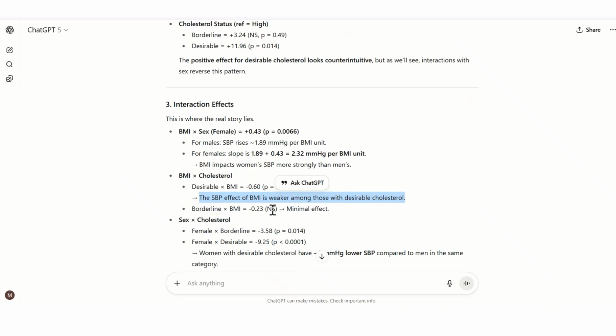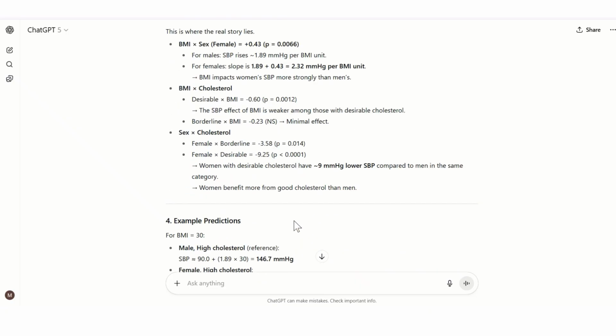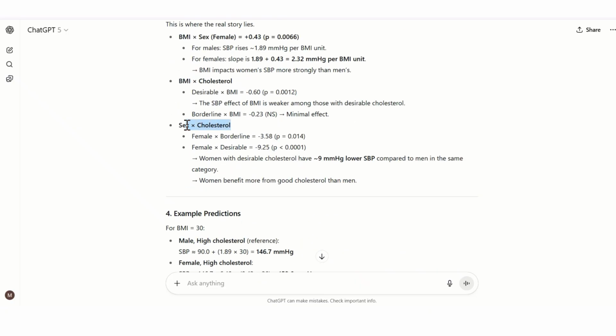Oh, that's awesome. Okay, and borderline, BMI has almost no effect or very little, like 0.2 millimeters of mercury. Moving on, gender and cholesterol, we see that women with desirable cholesterol have 9 millimeters of